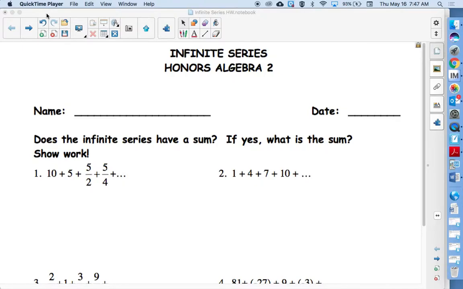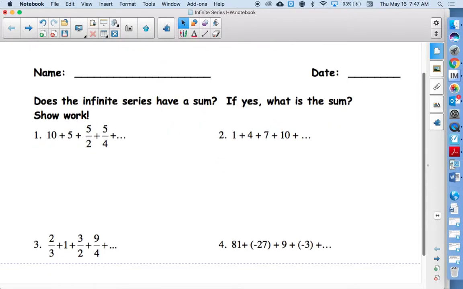So if you look at number 1, does the infinite series have a sum? If you say yes, what is that sum? And then it does ask you to show some work. There's not a lot of work we have to show. So in number 1, we have the series 10, 5,